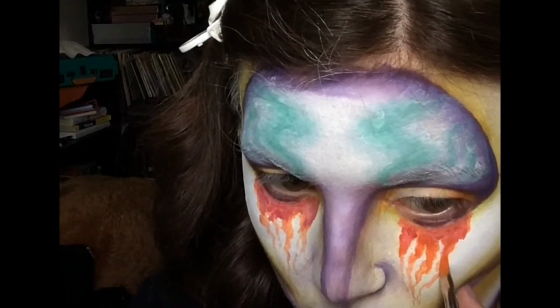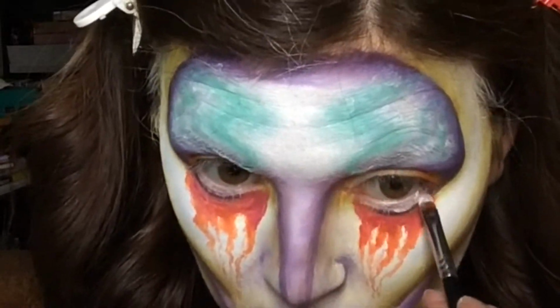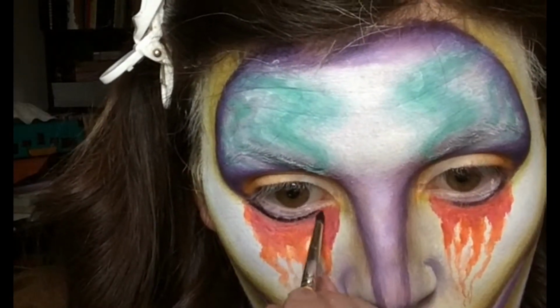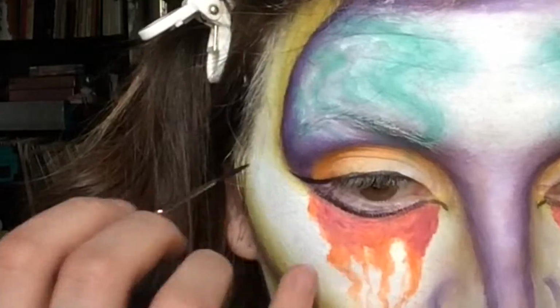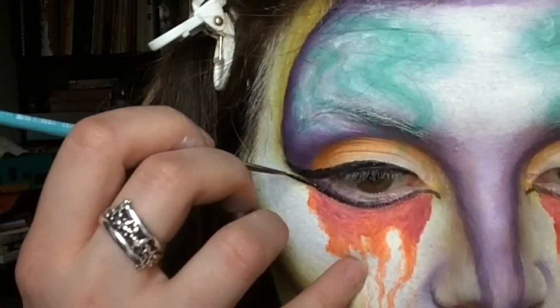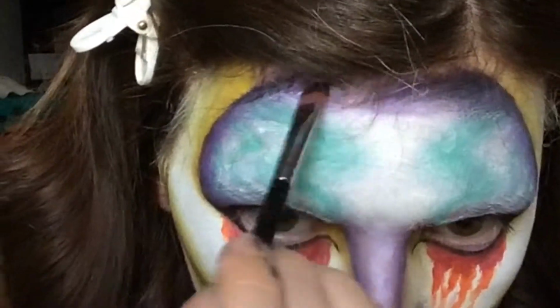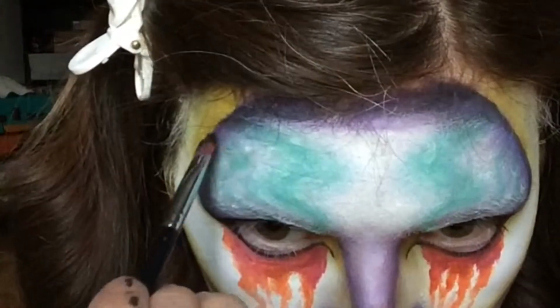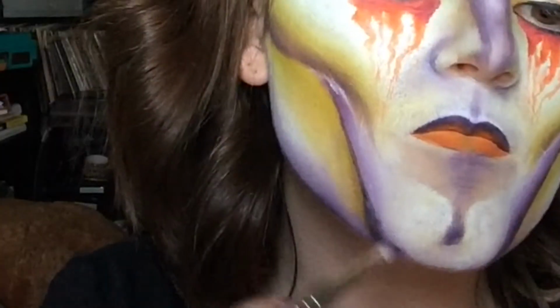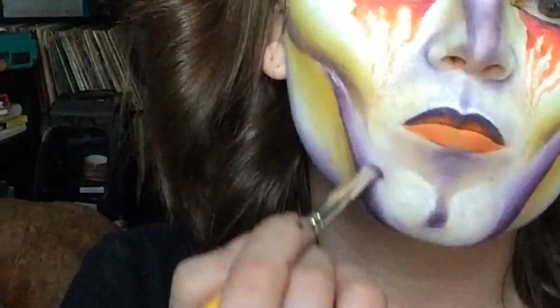Sorry for the singing. Then I add some white under my eyeballs and we commence the eyeliner process, flicking it in the corner of the eye, flicking it out the corner of the eye, and connecting the two lines together. Keep defining with some black and I fade that into the purple. I do the same right on the jaw. I use some purple to feather it in,